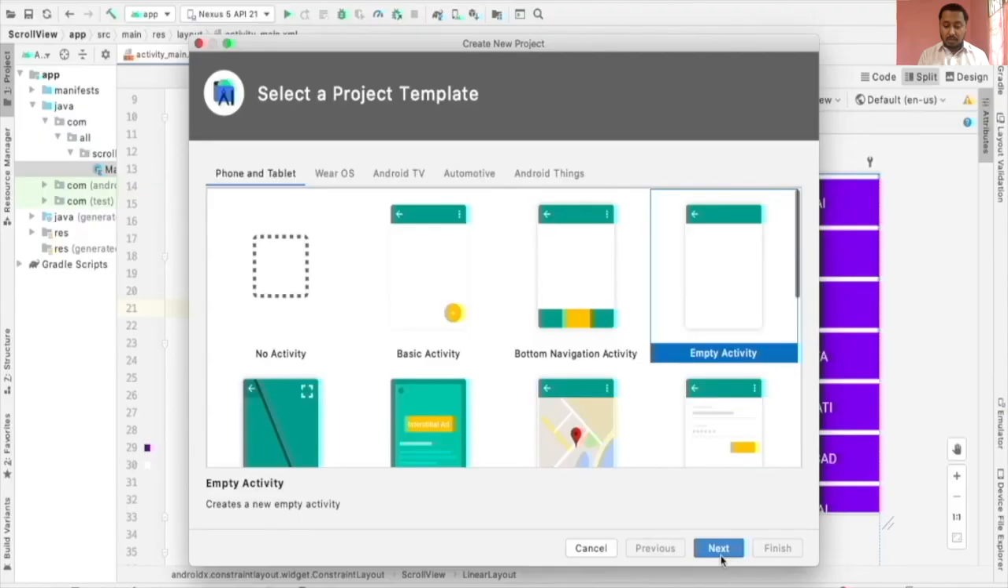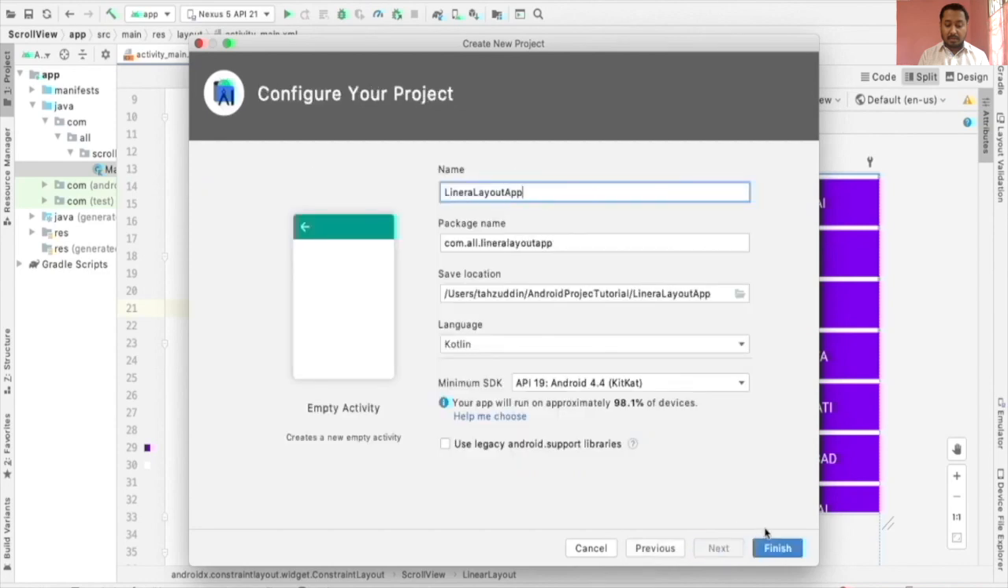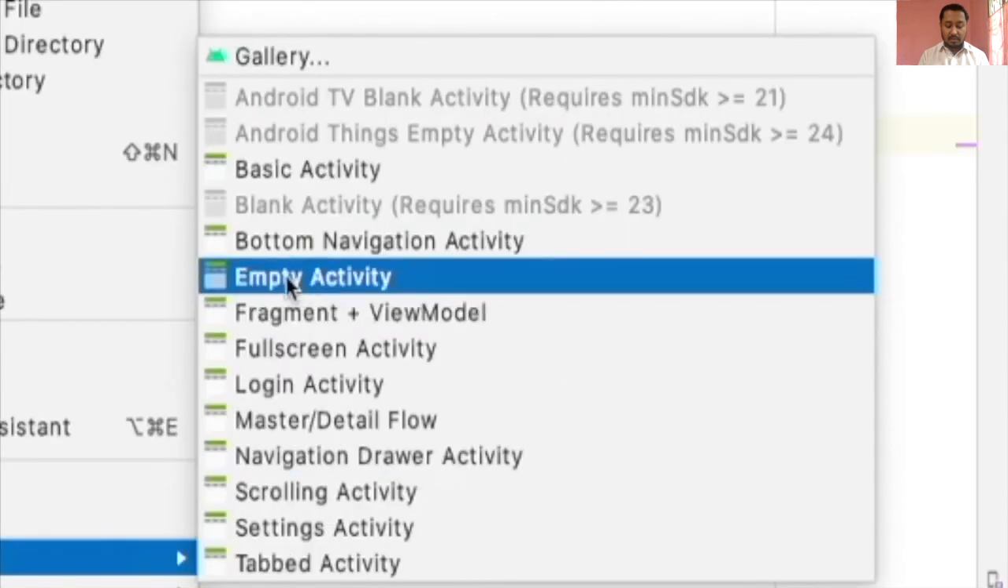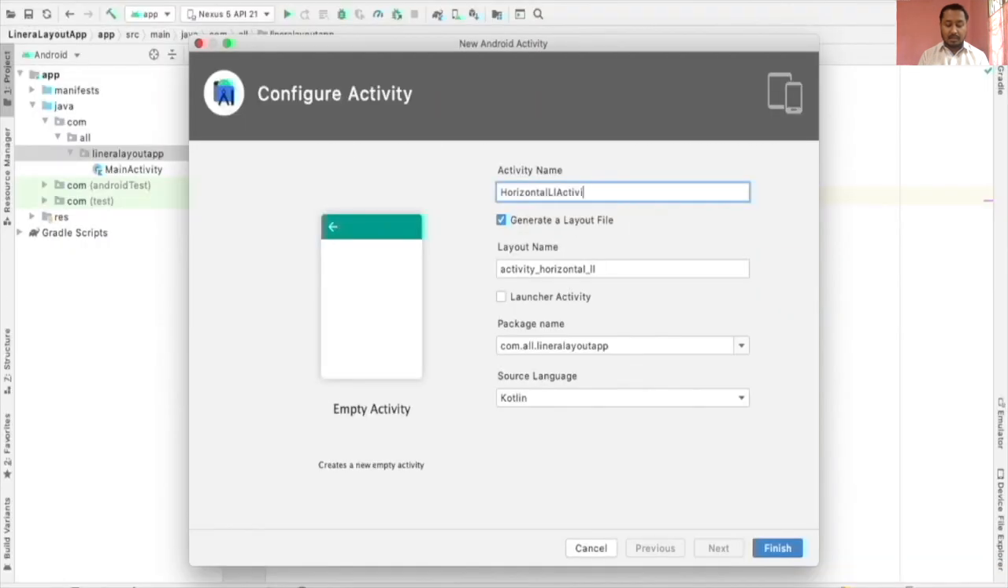In Android Studio, first we will create a new project. We will select empty activity. We will give a name to the project and language Kotlin. For horizontal linear layout example, we will create a new activity. We will right click in the package where main activity is there, then new activity, empty activity, activity name horizontal